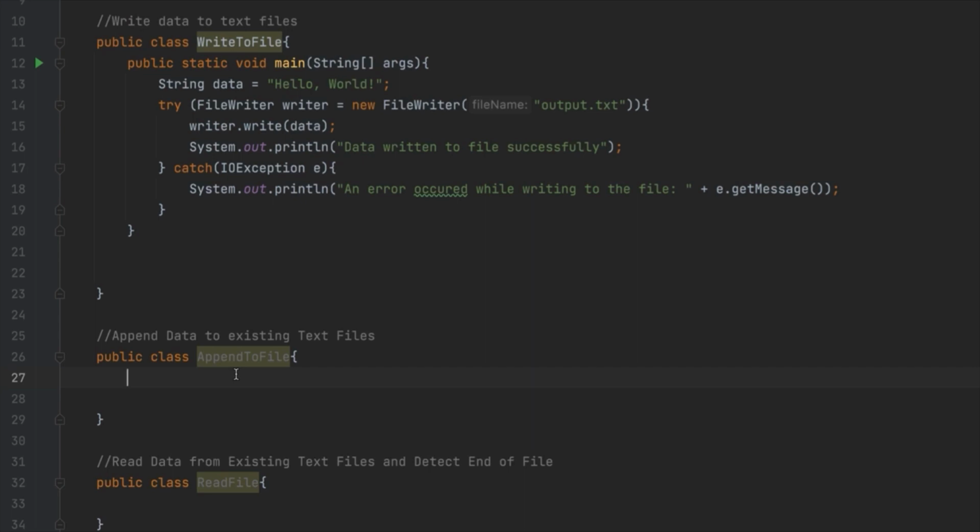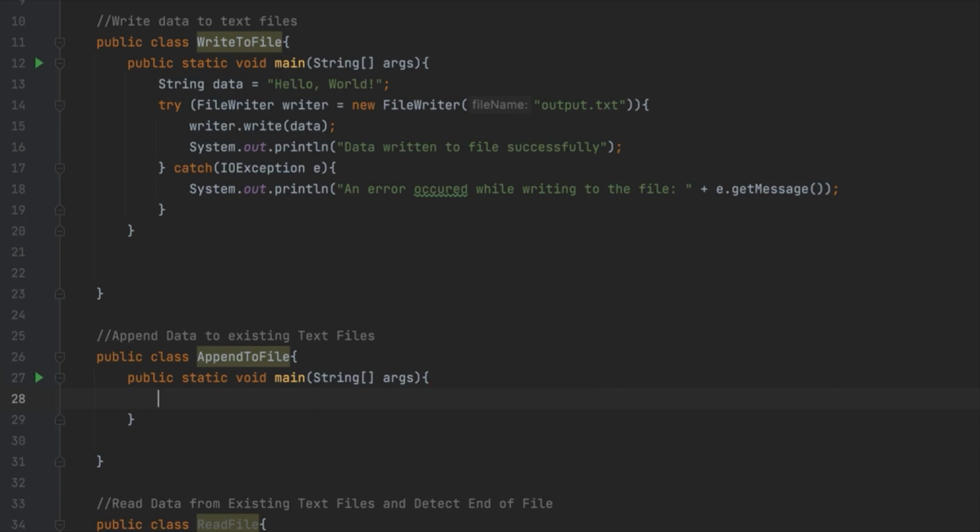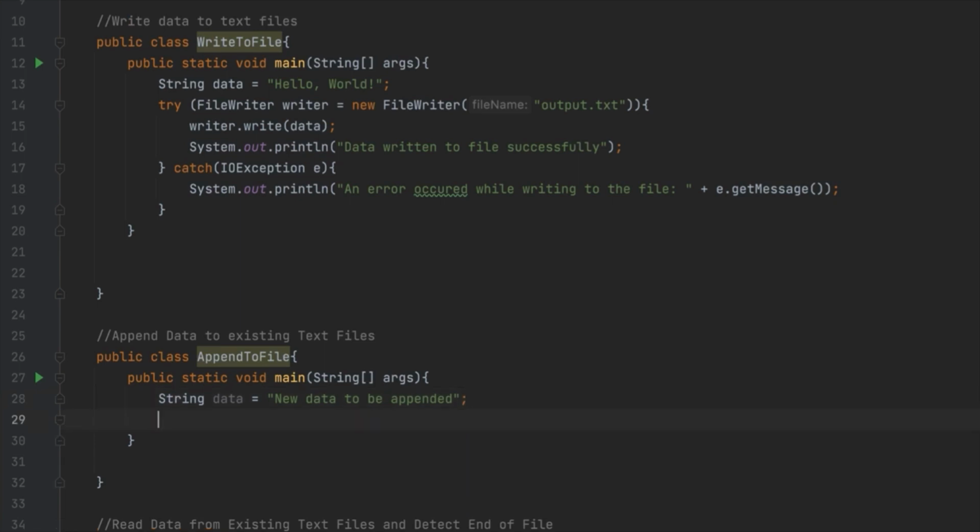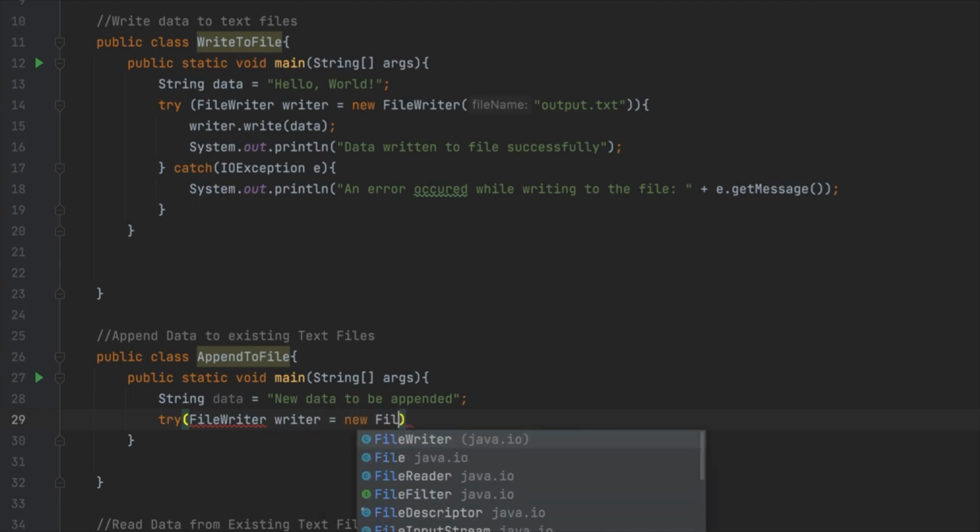So moving on to the next example, we have append data to existing text files. Let's create another main method, and let's create a string data variable equals, and let's say "new data to be appended." And let's use the try catch block again. FileWriter equals new FileWriter,